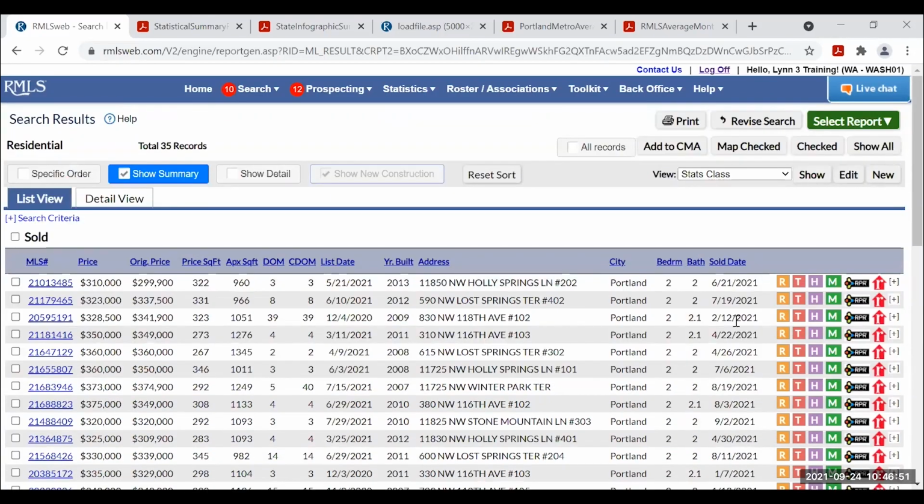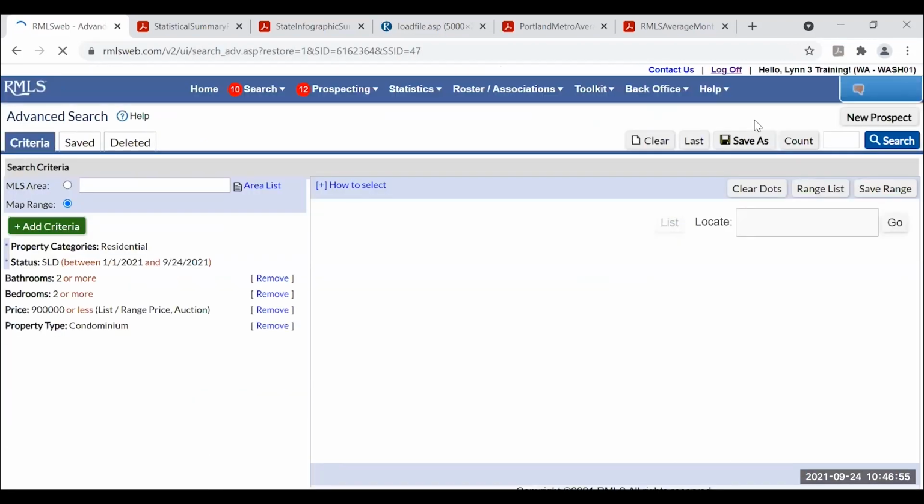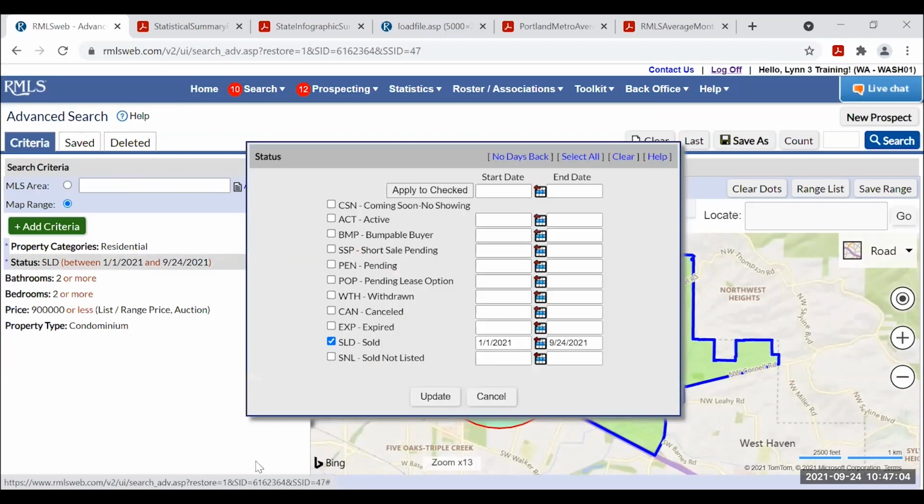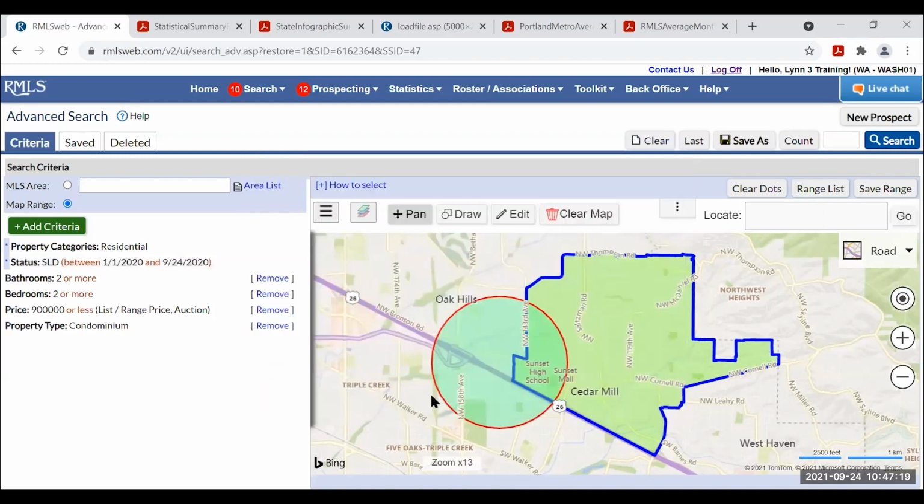Okay, so again, I'm going to go back. And so whatever area you're choosing to do this for, now we're going to come back and everything is going to stay the same except the sold date range. Okay, we're going to change that to 2020. So year to date 2020. Everything else is the same.